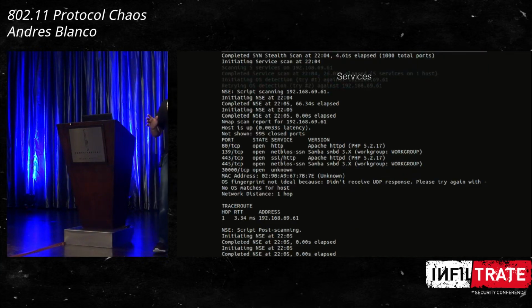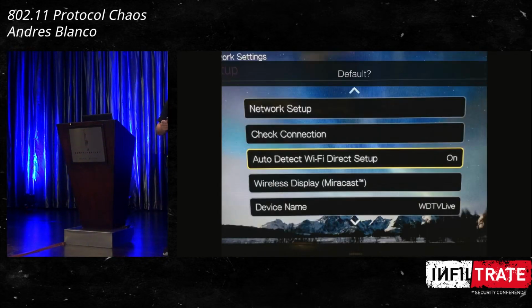The thing here is, I forgot to mention, sorry, it's not only enabled by default, because being enabled by default is not really a problem in itself, since a lot of devices have the protocol support, and it's not a problem because they authenticate the devices or they handle the connection in some way, so you have to allow the device to connect to you. In this case, they decided that getting user authentication or user notification of someone trying to connect to the device was something that was not right. So they say, no, we are going to take this part out, and if you want to connect to the device, it does not require authentication nor notification.